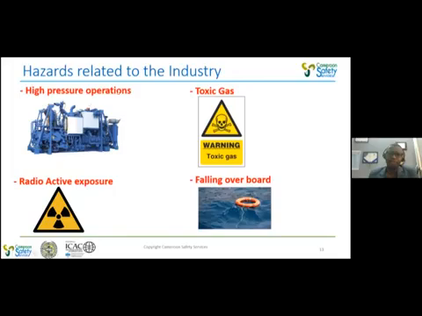We also have hazards related to high pressure operations. There are some operations that require the use of high pressure, such as cementing jobs or testing of blowout preventers, the BOP. These operations require high pressure, which can sometimes be up to 15,000 PSI. And if equipment is not well secured and tested, it can become a loose item. Imagine an object that has been detached from a high pressure of up to 15,000 PSI hitting somebody. It's like a bullet from a gun. So it's very dangerous, and usually precautions are taken to prevent people from being exposed to hazards related to high pressure, such as keeping people aware about ongoing high pressure operations, barricading the areas, and putting up caution tapes, prohibiting people from